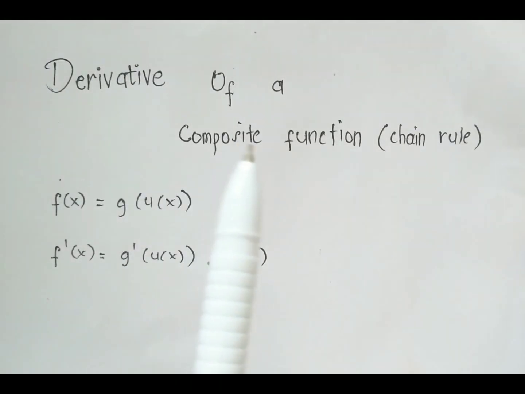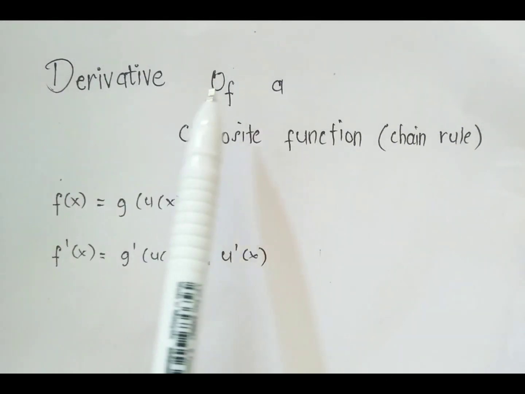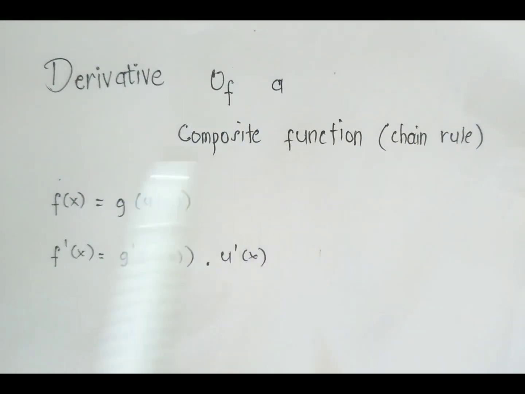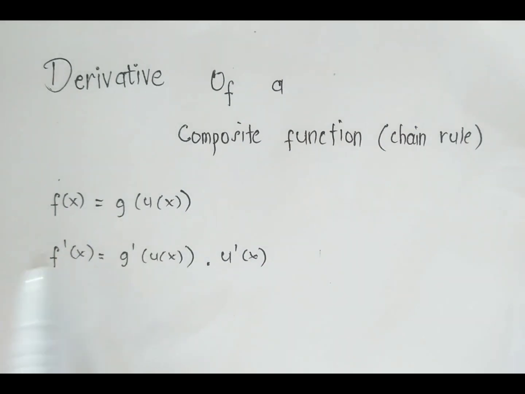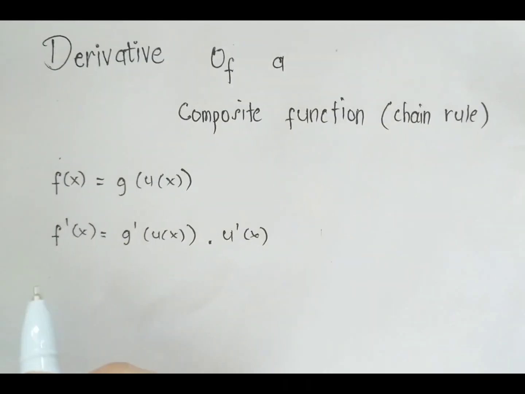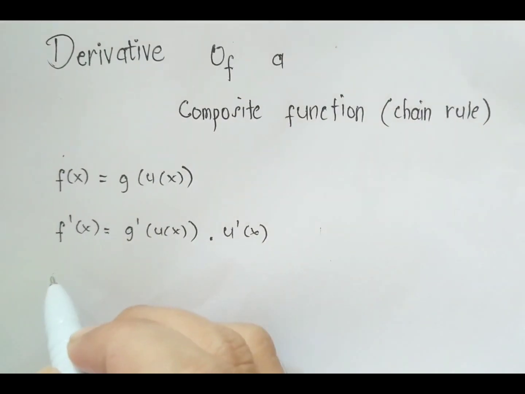Derivative of a composite function, or the chain rule. To find the derivative of a composite function, we have to follow the rule right here, which is: f of x is equal to g of u of x, so that f prime of x is equal to g prime of u of x times u prime of x. For example, if we have